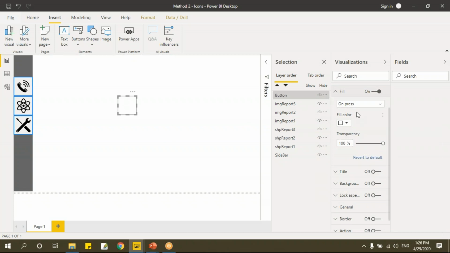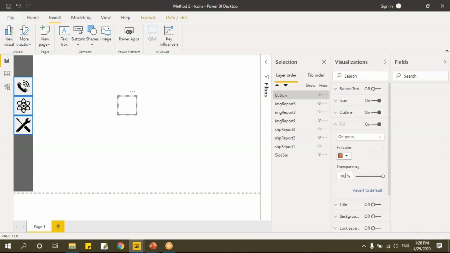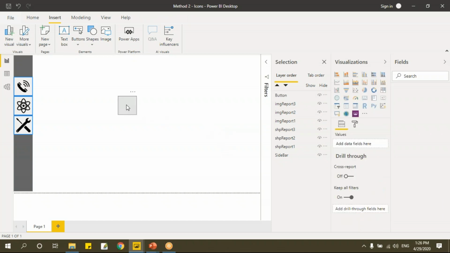Or if you want any color, we can give some color like this. Let's say I'll give this color and make it 90%. When I hover, it will be this color, black with 90% transparency. If I press, then we have something like a dark orange with 90% transparency. Just to show you how default state, hover and press work, I've given you this. You can choose your own template colors.